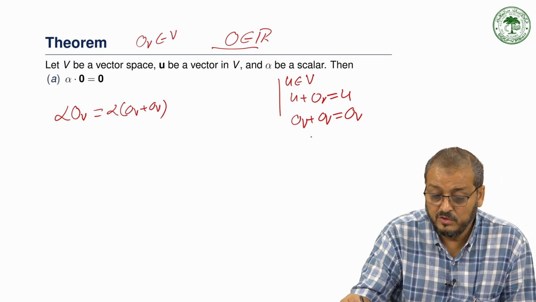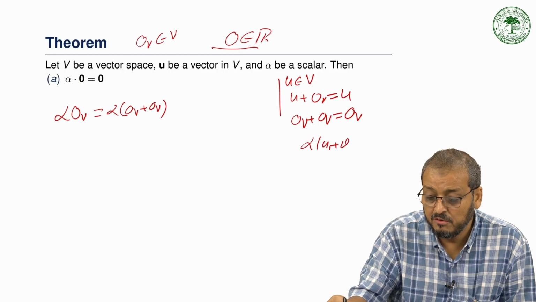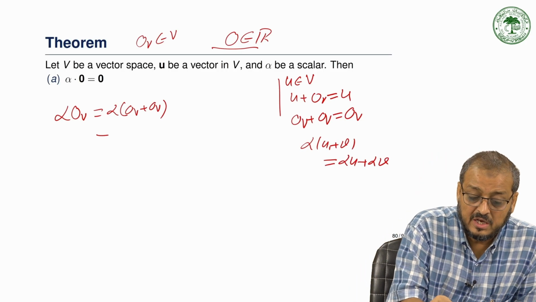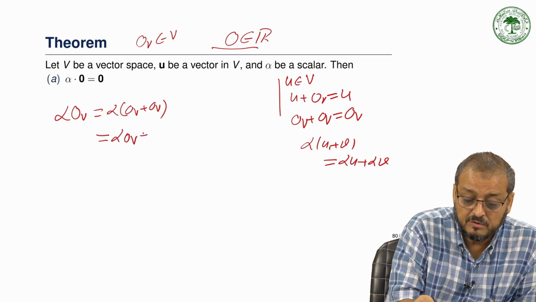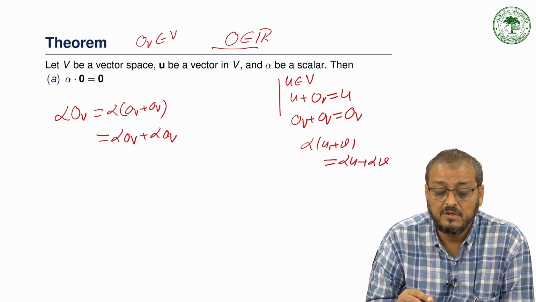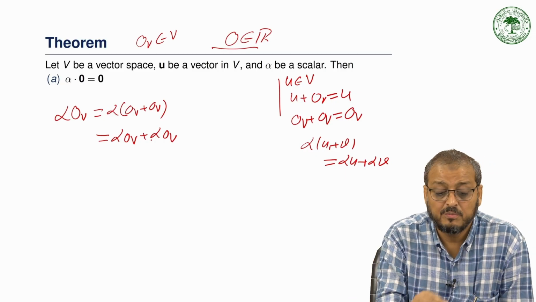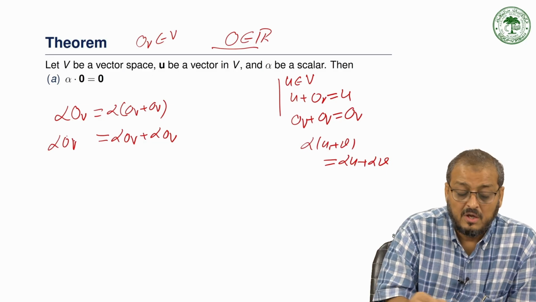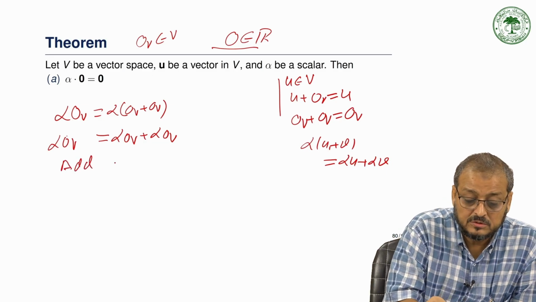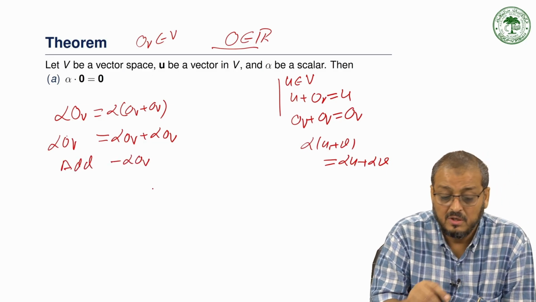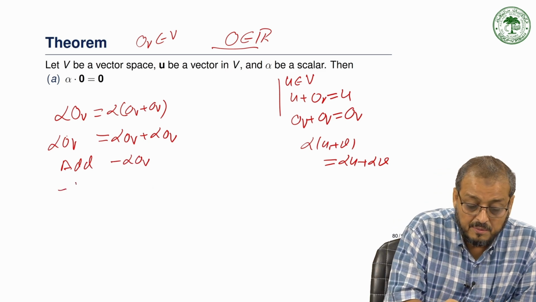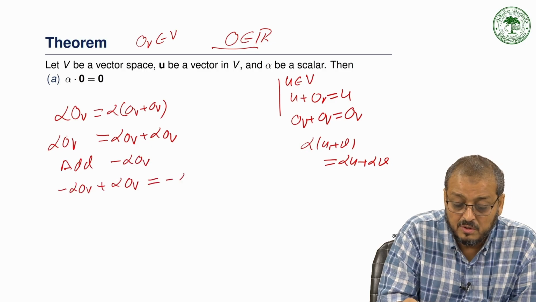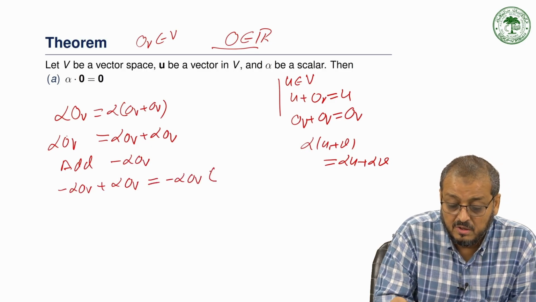And now we know that alpha times (U plus V) is alpha U plus alpha V by the property of a vector space. So, this can be written in the form alpha times 0 of V plus alpha times 0 of V by the distributive property. So, alpha times 0 of V can be written in this form. Now, we add minus alpha times 0 of V to both sides of this equation. So, we have minus alpha times 0 of V plus alpha times 0 of V is equal to minus alpha times 0 of V,